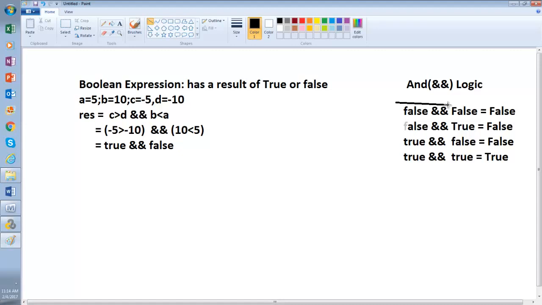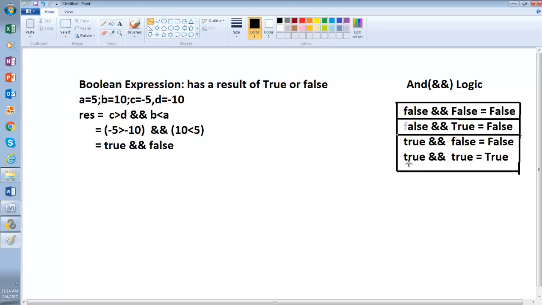So what's the logic? If you have a bowl of milk and you put in one drop of lime, it's false. If you mix milk with something else, there's no milk anymore, so it's not real milk. So if you put false and false, it's false, of course. Mix truth and false, still false. In the real world, if you mix truth and false, it is false, and the media would tell you the truth and the false.